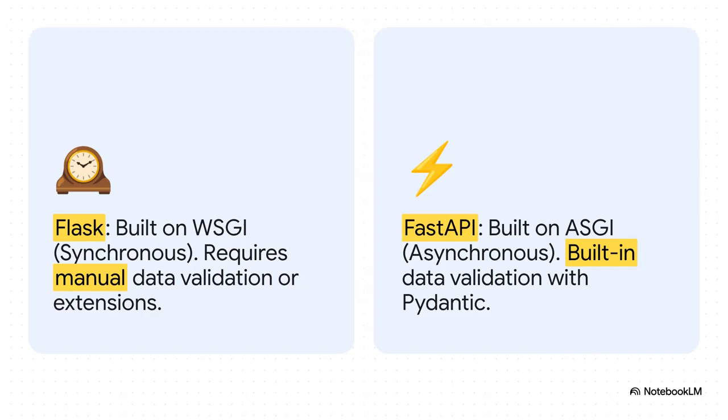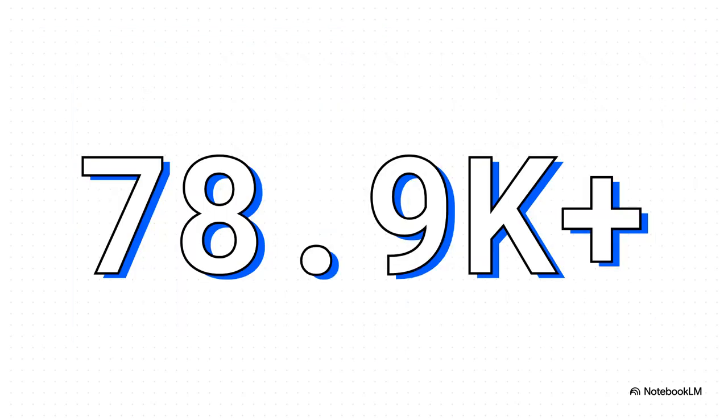So what makes FastAPI such a big deal? Well, it comes down to two huge things. First, it's built on something called ASGI, which is asynchronous. In simple terms, this means it's incredibly fast because it doesn't just sit around waiting for things like a database query to finish. And second, it has automatic data validation built right in. You just use Python's type hints to say what your data should look like, and FastAPI handles all the validation, error messages, and even generates interactive documentation for you. It's a massive game changer, and developers are really noticing.